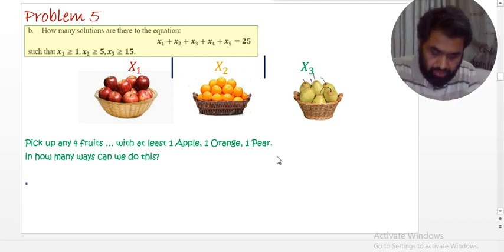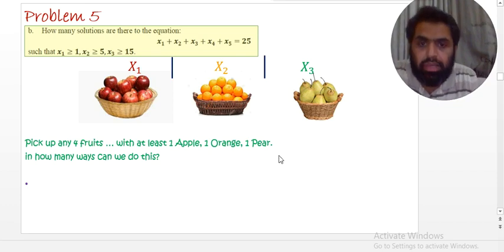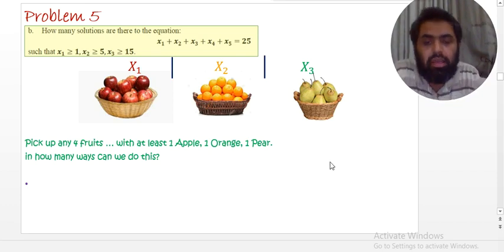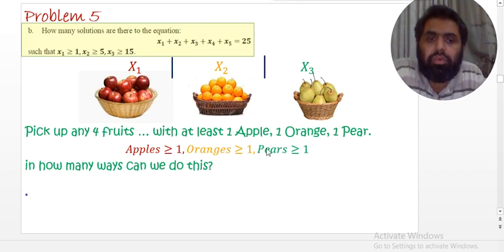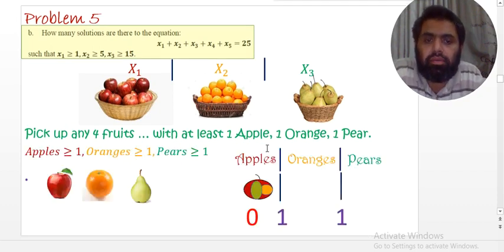We cannot have 0 apples. At least there should be 1 apple, at least 1 orange, at least 1 pear. In how many ways can we do this? If I write it in equation form, apples should be at least 1, meaning apples is greater than or equal to 1, oranges is greater than or equal to 1, pears are greater than or equal to 1. Greater than or equal to 1 means at least I need 1 apple, so I separate 1 apple